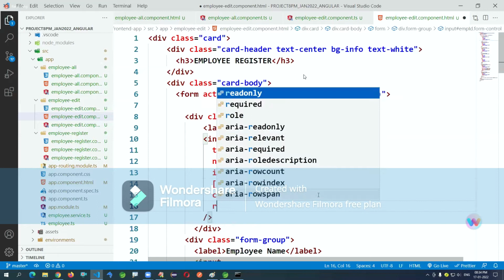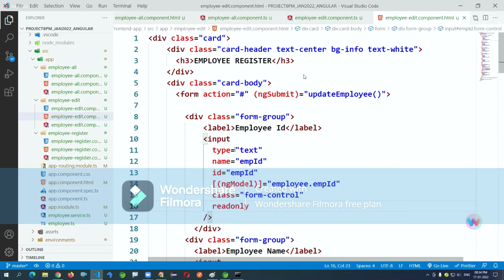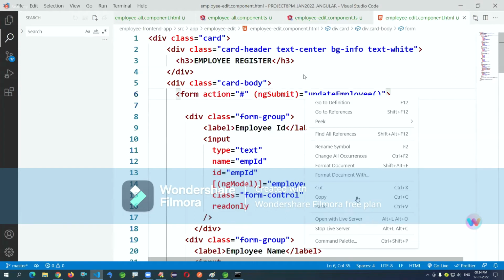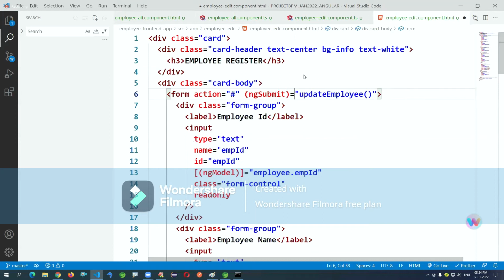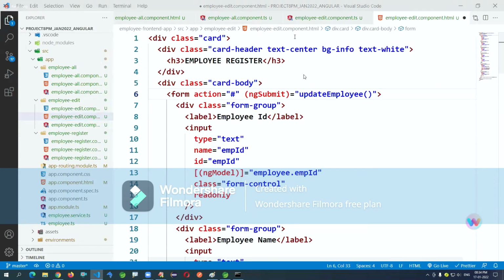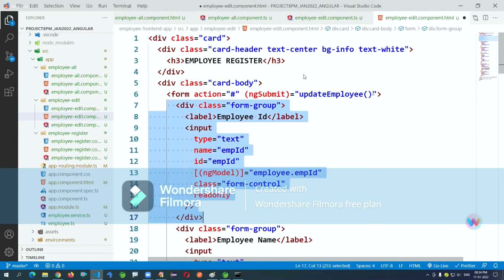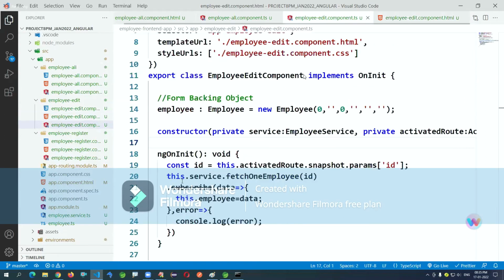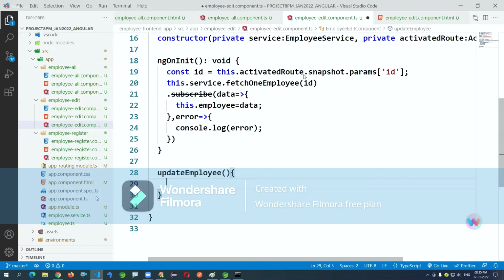This is non-editable, read only. ID is the additional input added here, and for update employee, I'm just defining an empty method here. Update employee. Okay, you can just see.